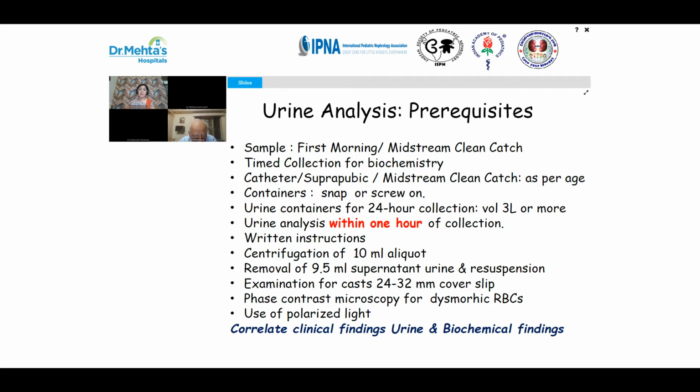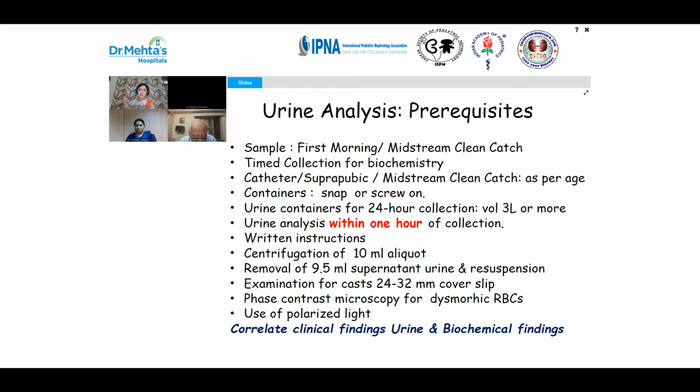And it has been rightly said that urine is the liquid biopsy, or actually the urine is the mirror of the kidneys. So there are certain prerequisites for urine analysis so that we are able to pick up the diagnosis completely and we do not miss out on something. The first morning sample is preferred, but a midstream clean catch any time of the day in office setting is important. Timed collections are required for biochemistry, including 24-hour collections for protein, and if not 24-hour, then 12 hours or